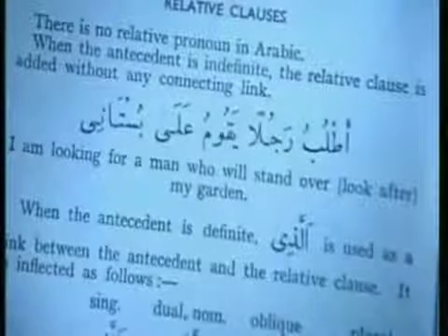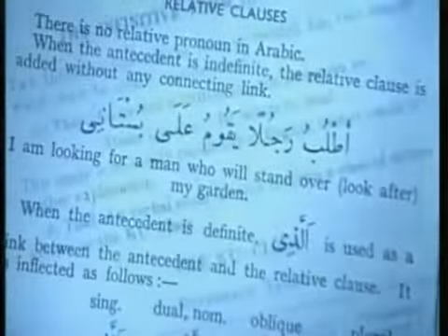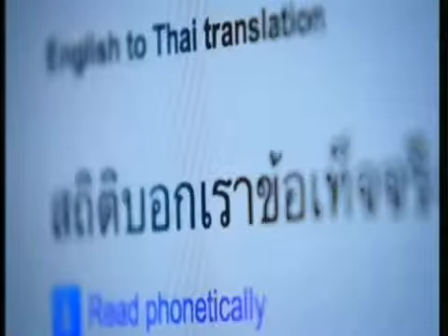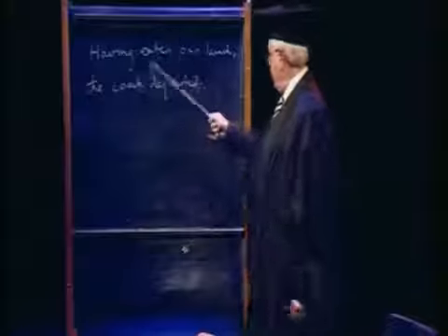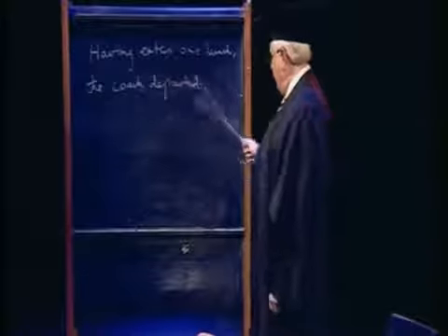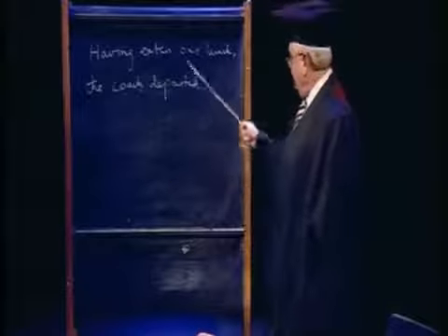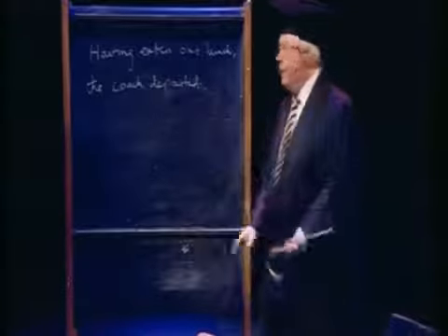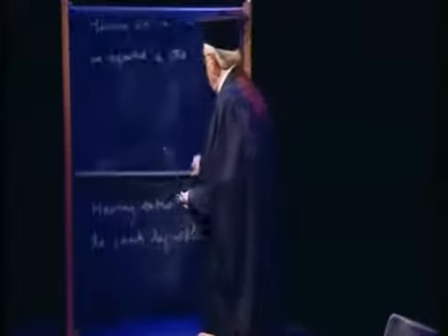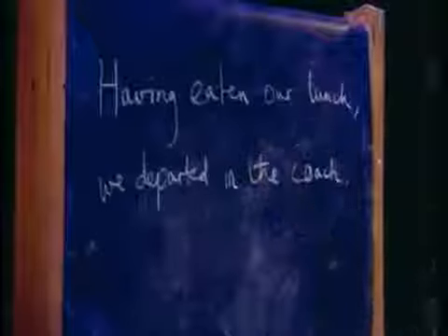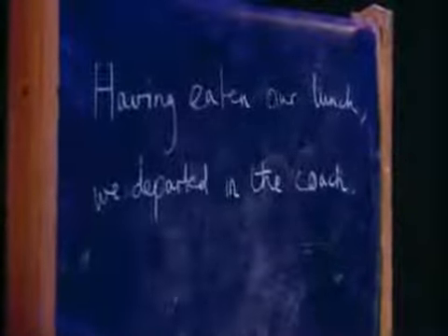In the past, programmers tried to teach their computers to see each language as a set of grammatical rules, much like the way languages are taught at school. But this didn't work, because no set of rules could capture a language in all its subtlety and ambiguity. "Having eaten our lunch, the coach departed." Well, that's obviously incorrect. Written like that, it would imply that the coach has eaten the lunch. It would be far better to say, "Having eaten our lunch, we departed in the coach."